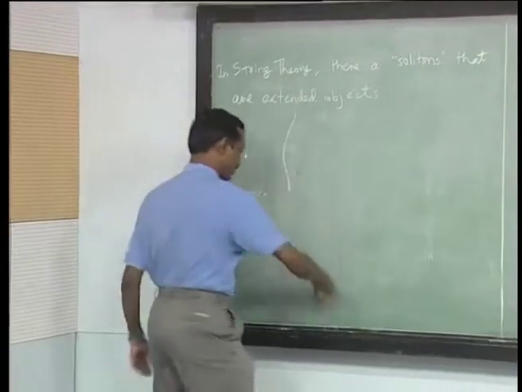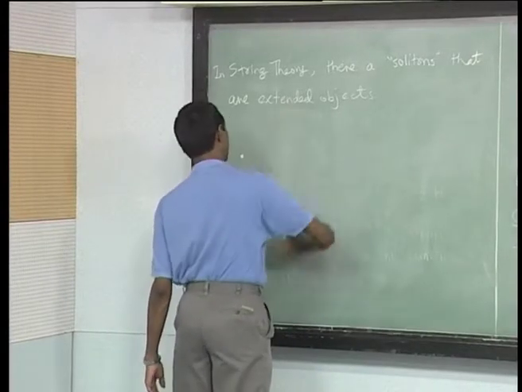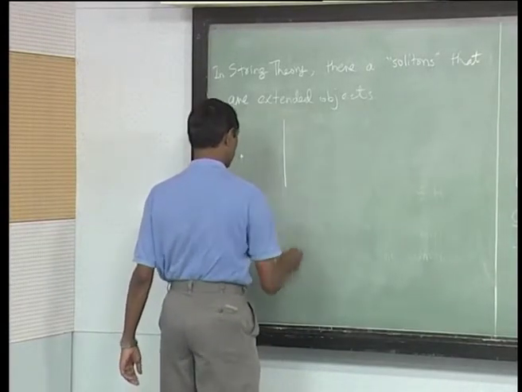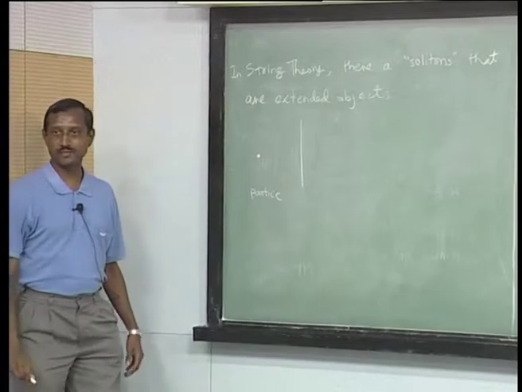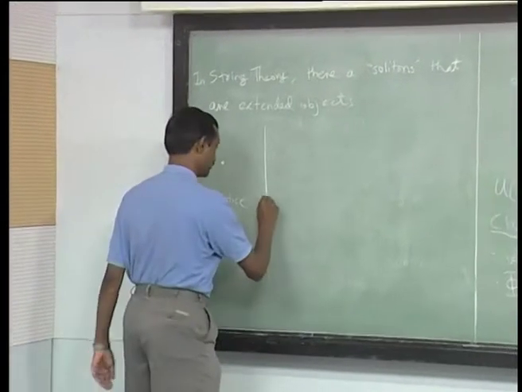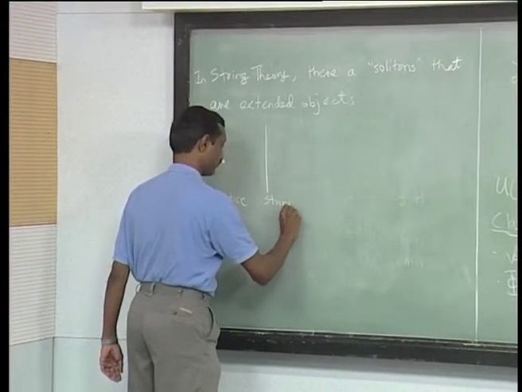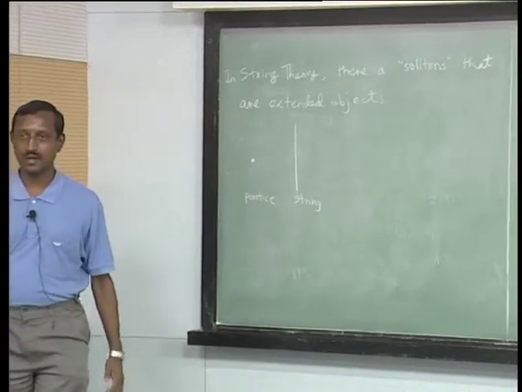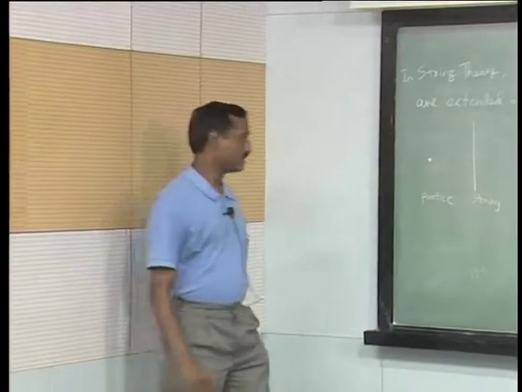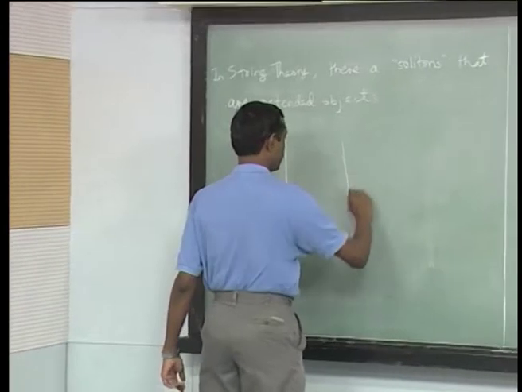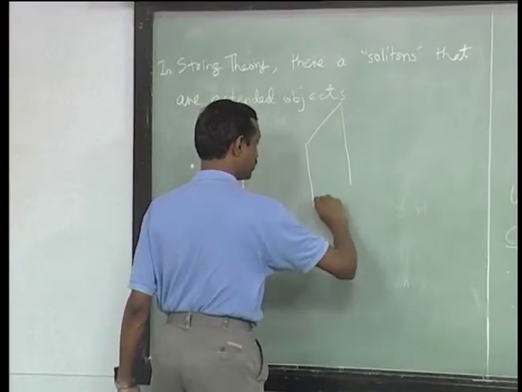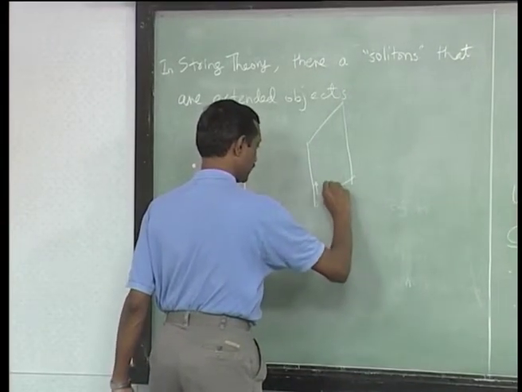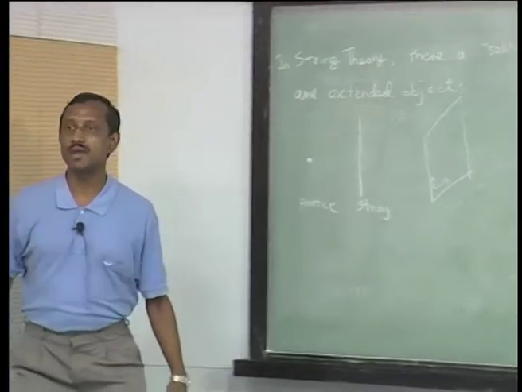I am drawing a curve, but let me draw it as a straight line, and what would you call something like this? You would call it a string, okay. If you add time, it becomes like a sheet, and you could have something which has two such directions. You would call this a membrane,